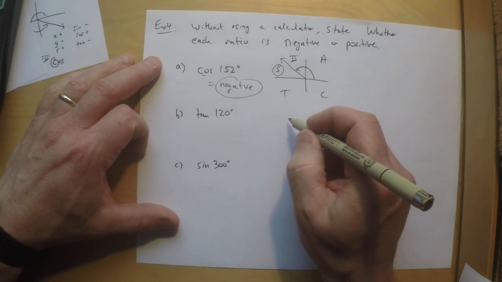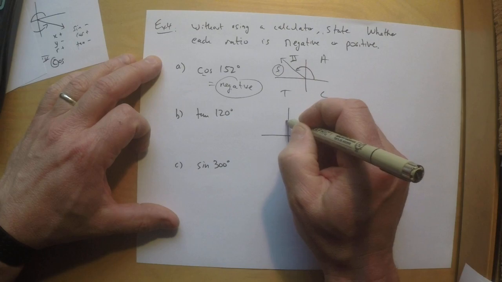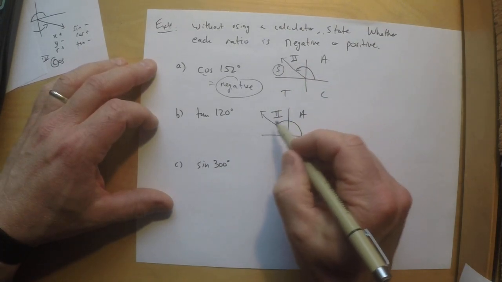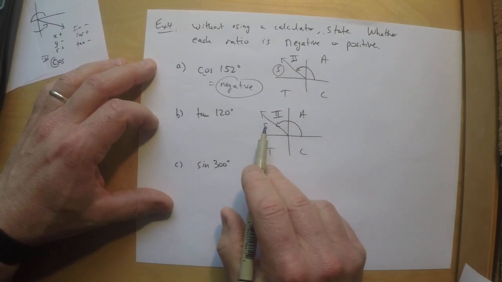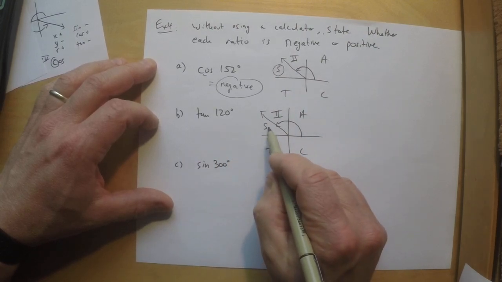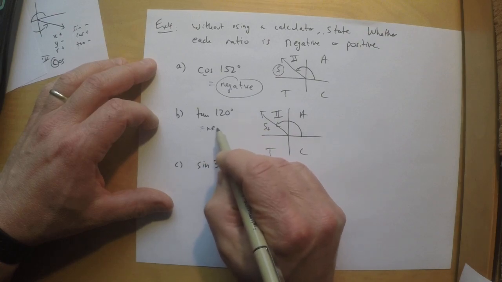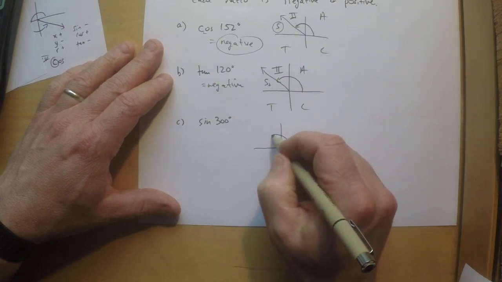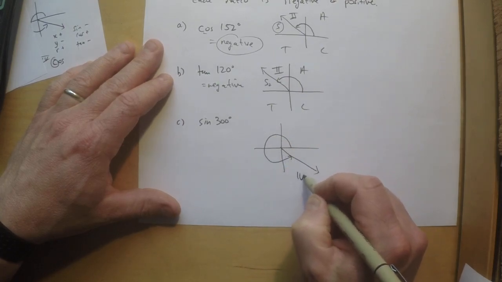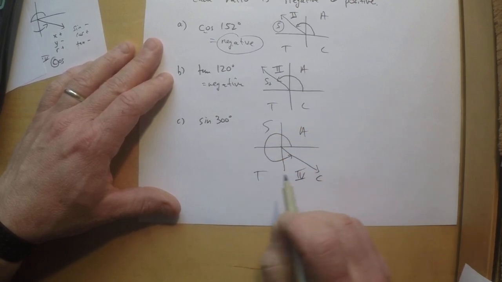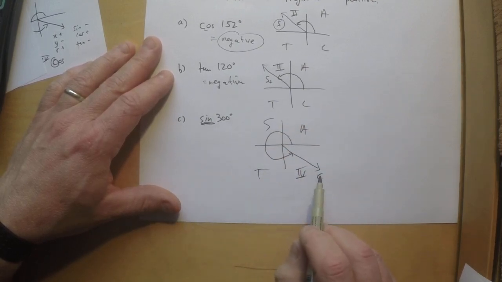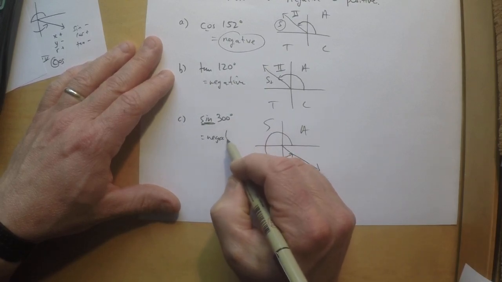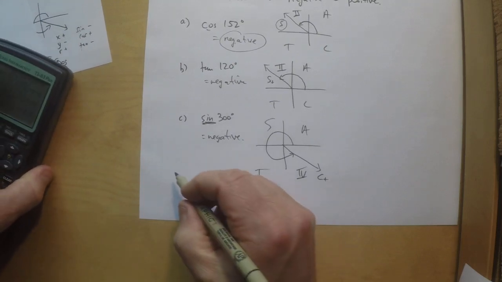Done. So if I go to a calculator right now and type in cosine of 152, I'll get a negative number. Tan of 120. Well, draw 120. 120 is also in quadrant 2. Yippee. So in quadrant 2, all suckers take cocaine. Is tan going to spit out a positive or negative in quadrant 2? Well, that means sine is positive. Tan has to be negative. And the last one, 300. 300 is in quadrant 4. All suckers take cocaine. Sine, positive or negative in quadrant C? Well, C is positive, sine, tan negative. These happen to all be negative. That's just fluke. So that's an example of the cast rule